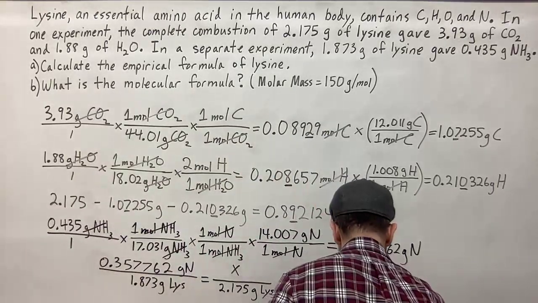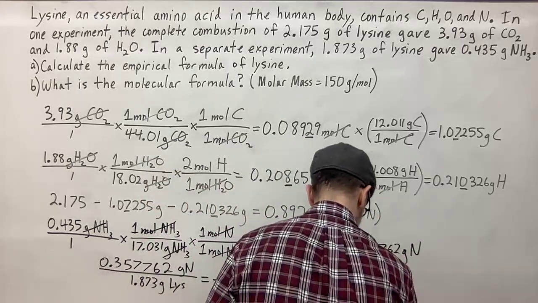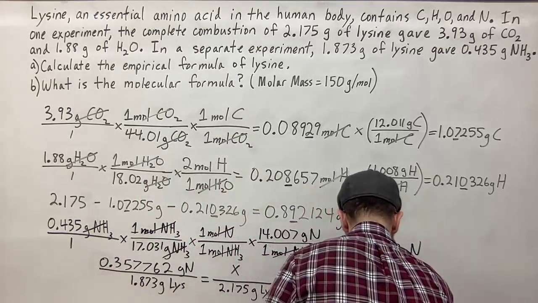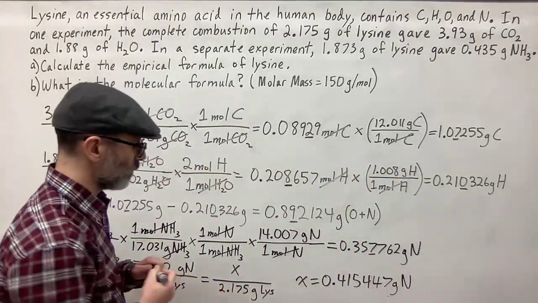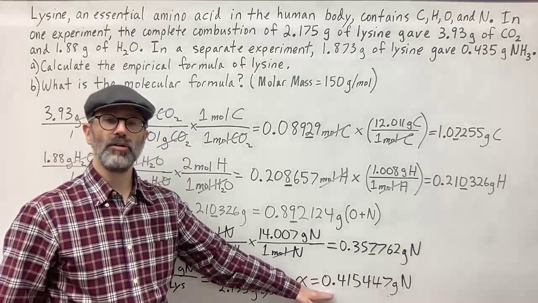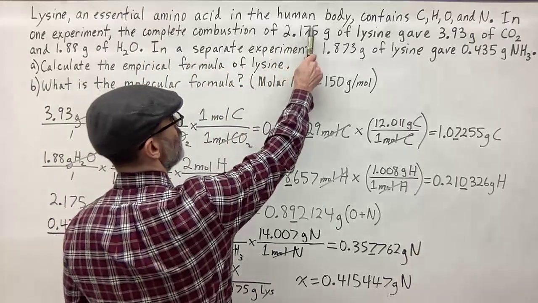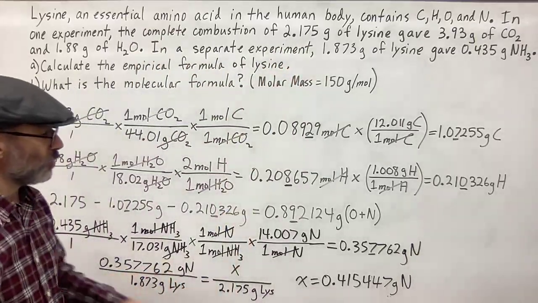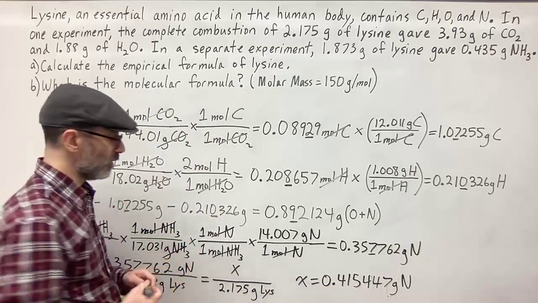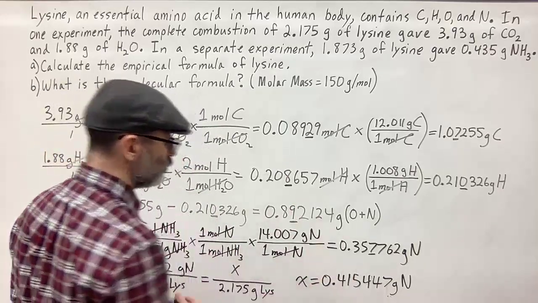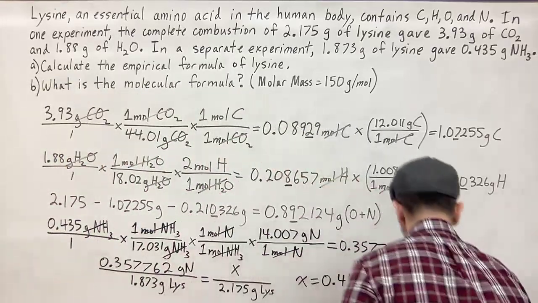447 grams of nitrogen. So that is the amount of nitrogen in grams from my original sample of 2.175. So now I have grams, and I can convert that to moles using the molar mass of nitrogen. So if I use the molar mass of nitrogen,